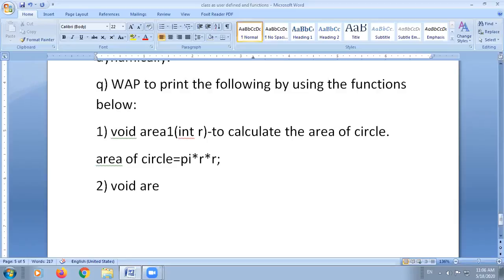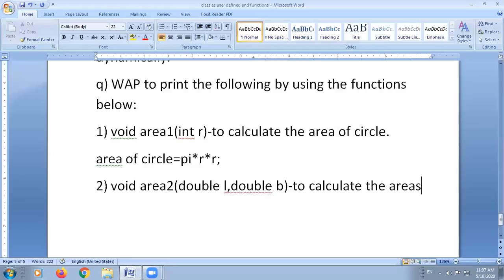Now next, which function we have to write, that is area2. Okay, now in this you will enter the values. So these are the formal parameters of the area2 function. Okay, now what is the task of this function?